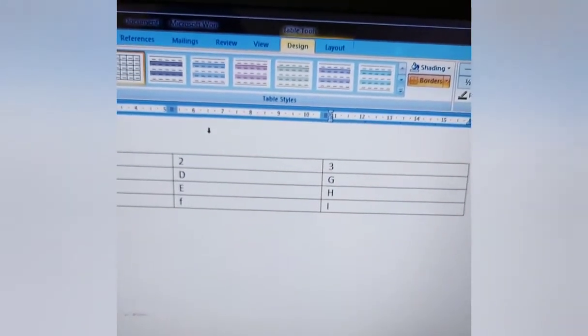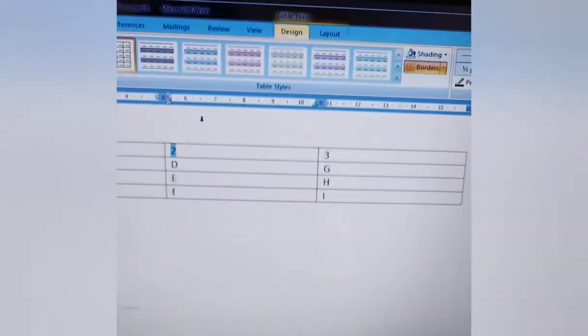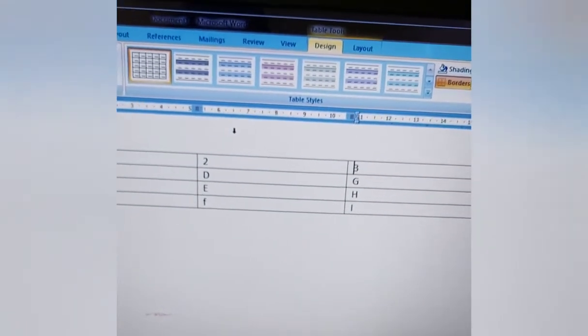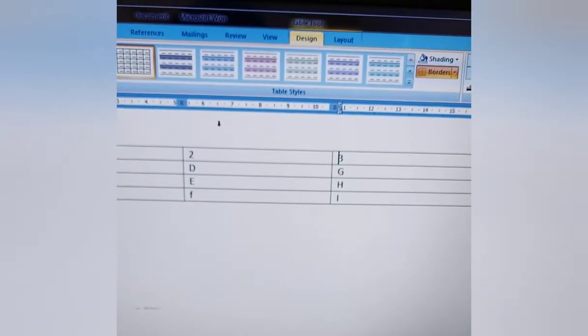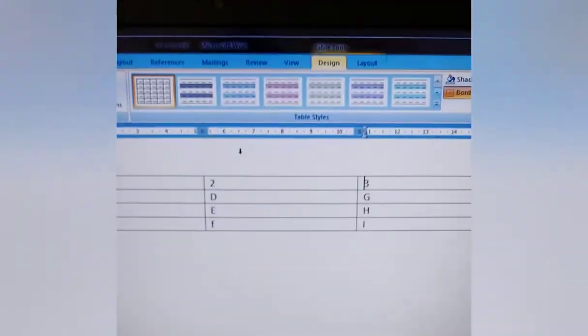I'll click shift plus tab, shift and tab together, and it comes to 2. Did you see? I'll do it again. It came to 2. And the other way is to click on the left arrow, like this.